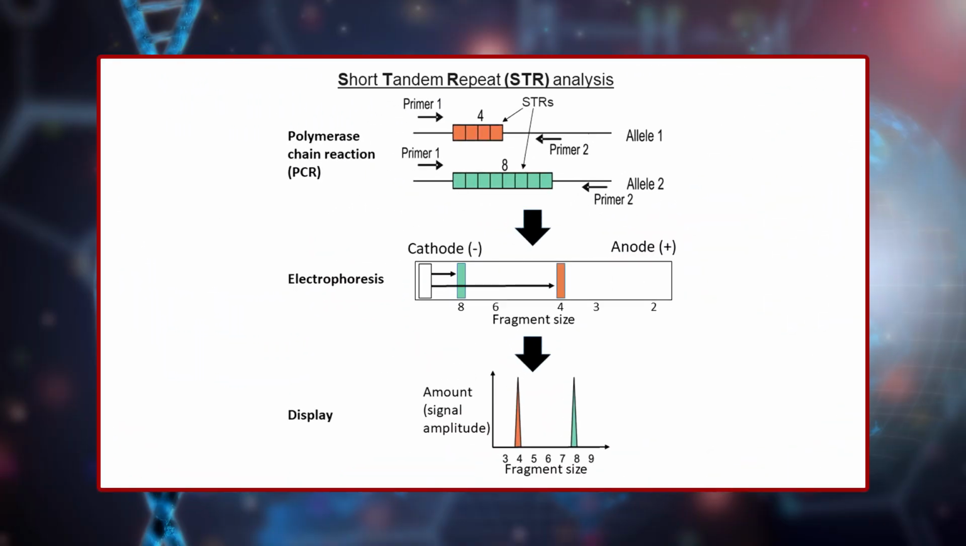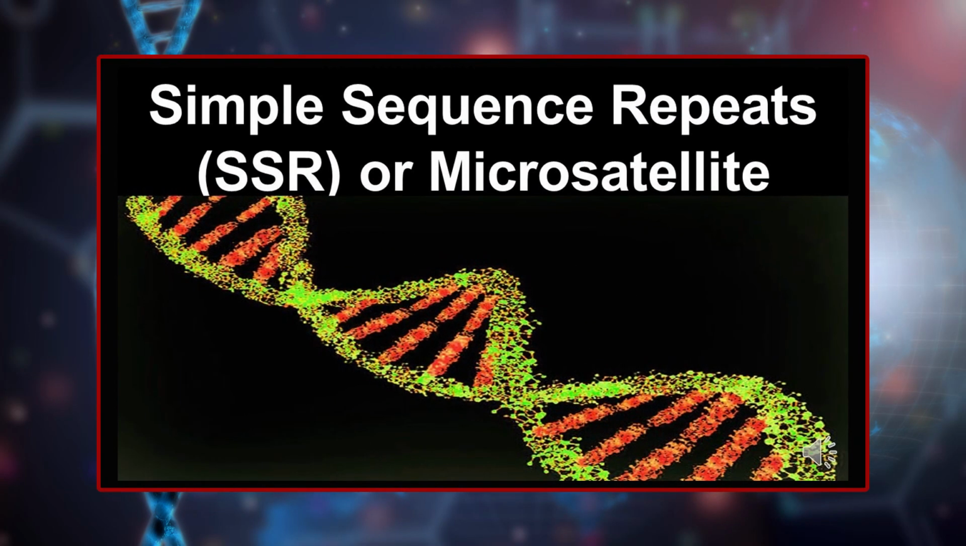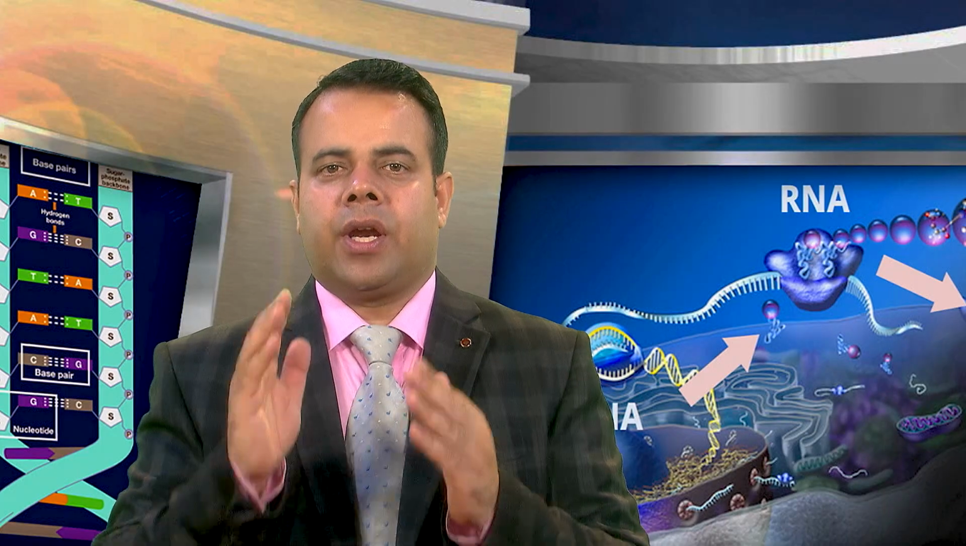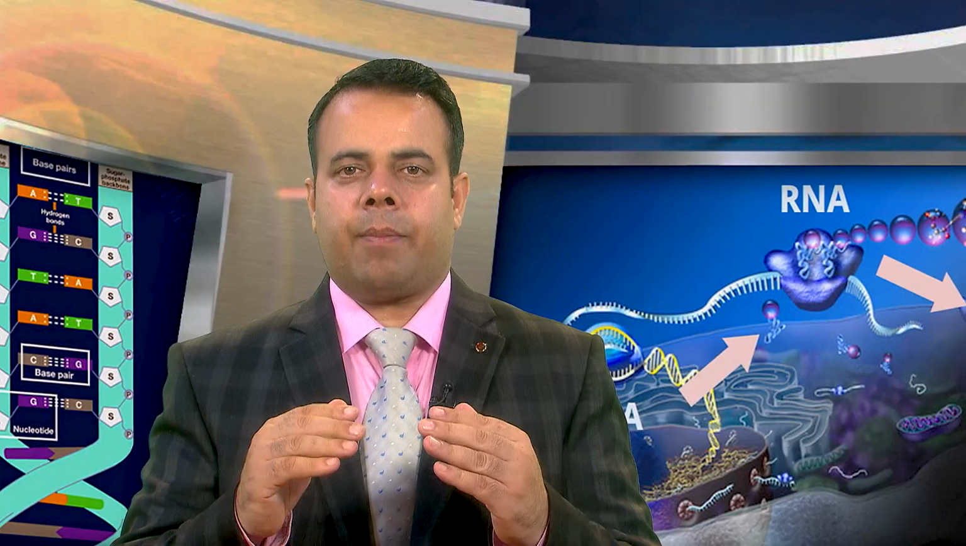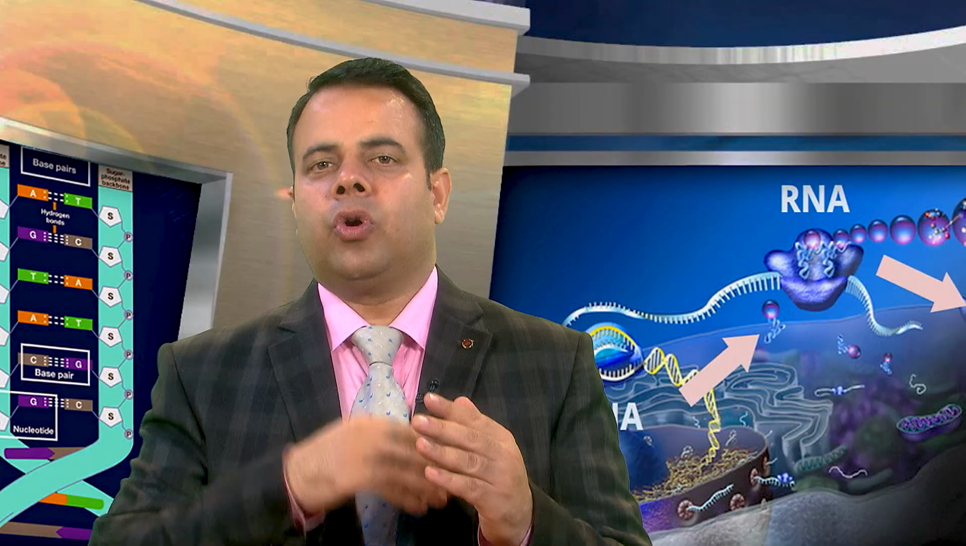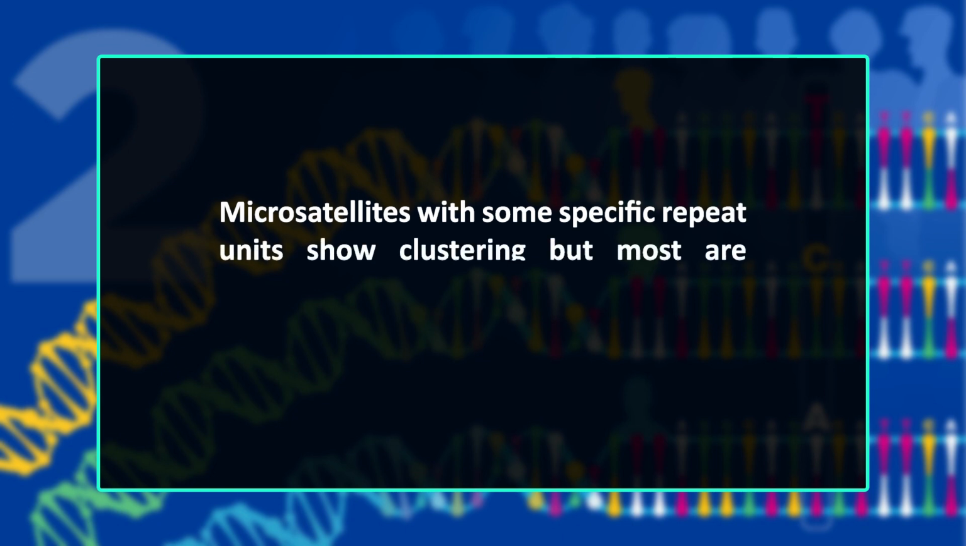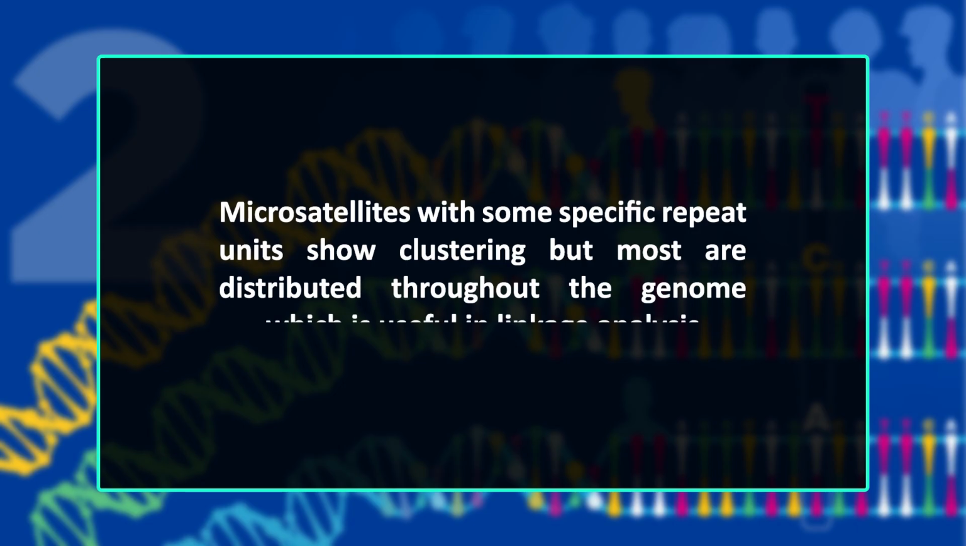They are also known as short tandem repeats or STRs or simple sequence repeats or SSRs, having 1 to 6 base pair long repeat units. Their copy number varies from 10 to 30. Microsatellites with some specific repeat units show clustering, but most are distributed throughout the genome, which is useful in linkage